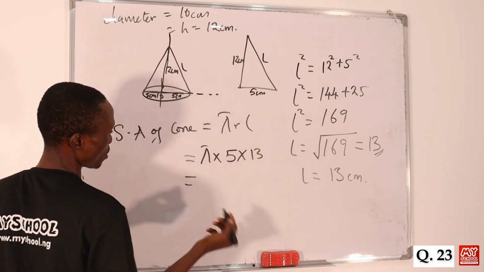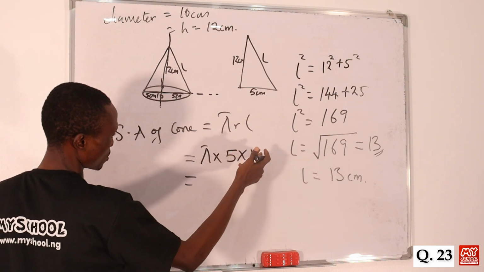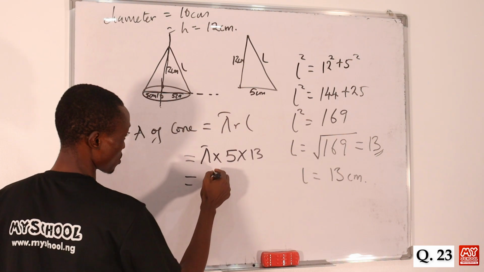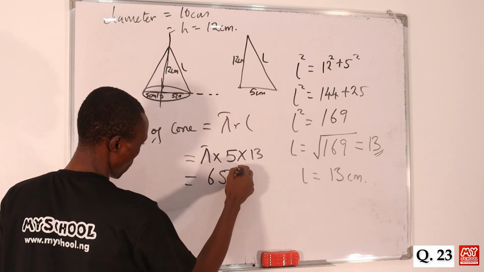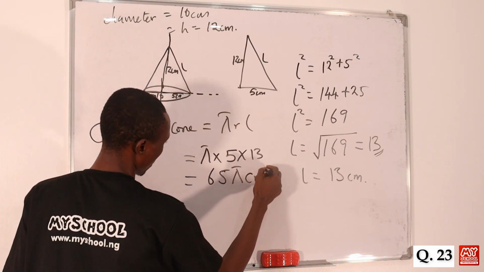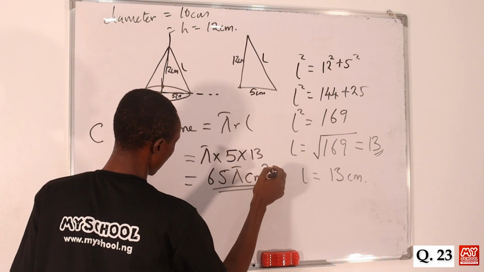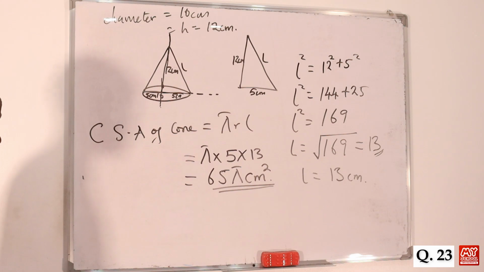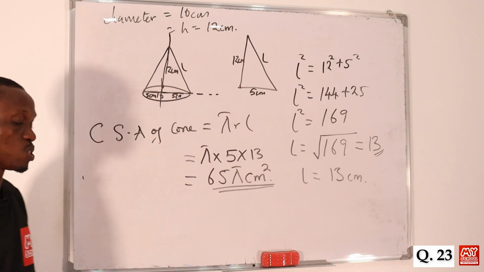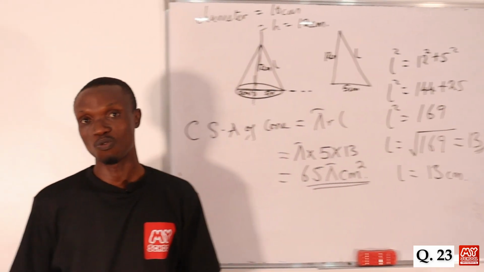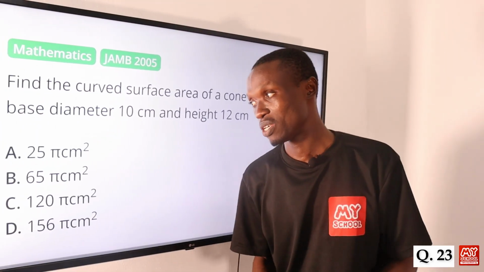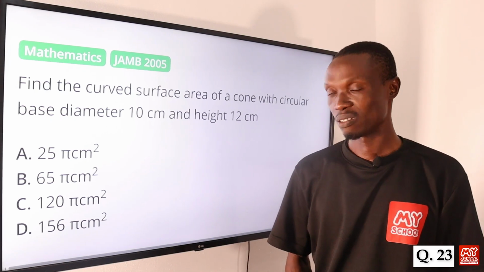Okay, so here we'll be having 5 times 13 times pi. So 5 times 13 is going to give us 65. Then pi, then centimeter squared, since we are talking about area. So the curved surface area of the cone is equal to 65 pi centimeter square. So let's move over to the screen to pick the correct answer, and that is option B, 65 pi centimeter